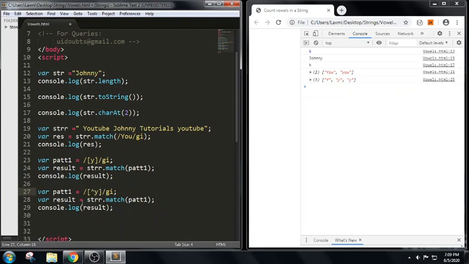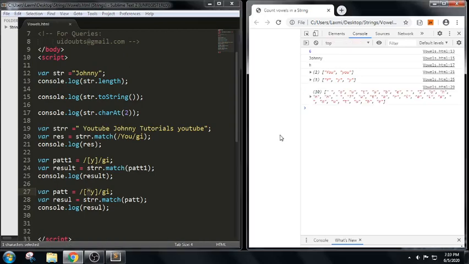What is the difference between both? I am trying to write a cap symbol here. If you can see, cap indicates it should not match with that letter. Let us see the output of the snippet. Except a Y, it will try to print all the values. So match will try to return in the form of an array object, matching all the values in the form of an array.